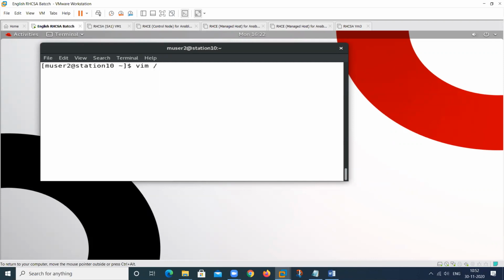So my file is /etc/sudoers, this one. Then open this particular file by using any editor. It can be vi editor, it can be nano editor, it can be vim editor, any editor you can use.